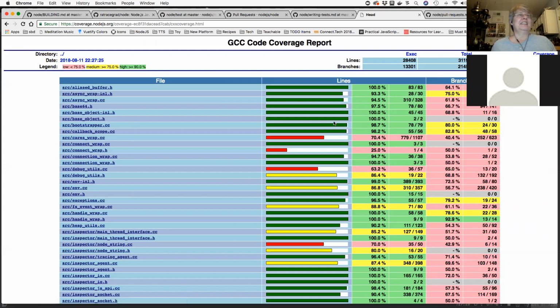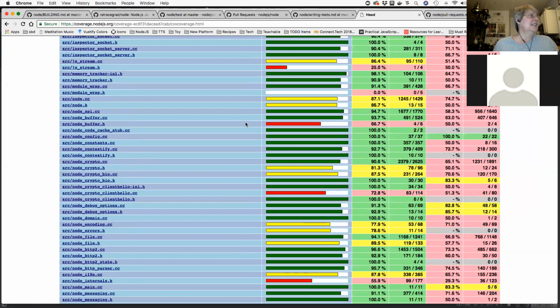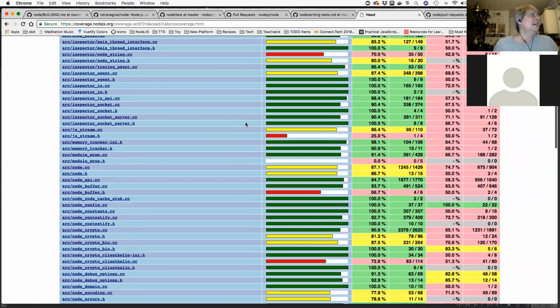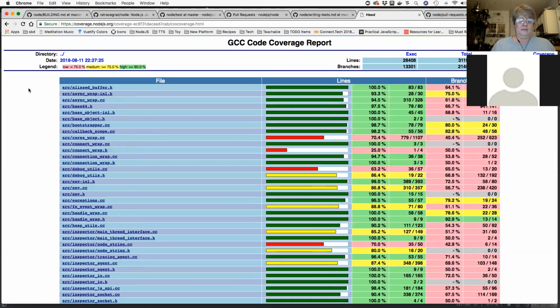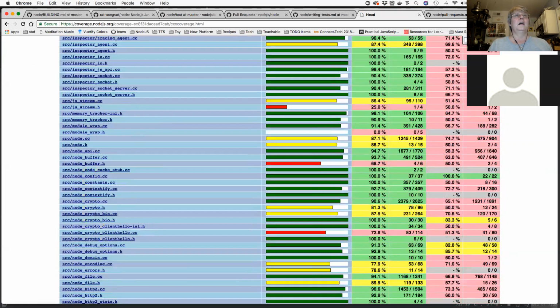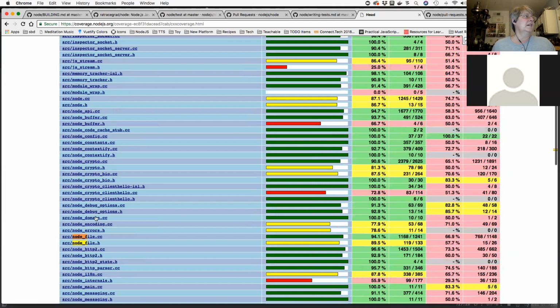So let's look at node_file. I think it's fs_file. Maybe it's node_file.cc. Maybe source fs_event. No, I think it's node_file.cc. Maybe. Node_file. There we go. If you pop that CC file,